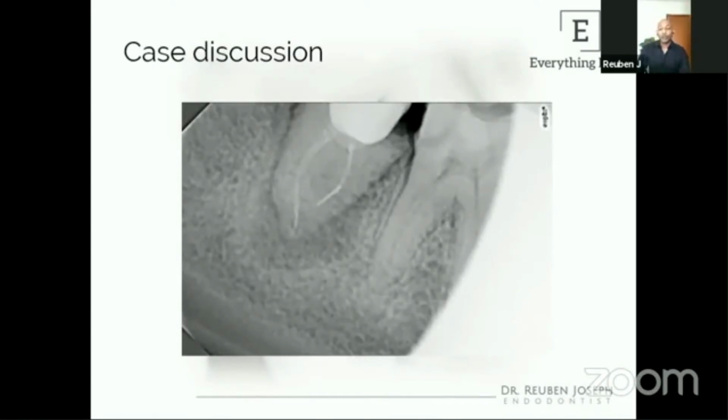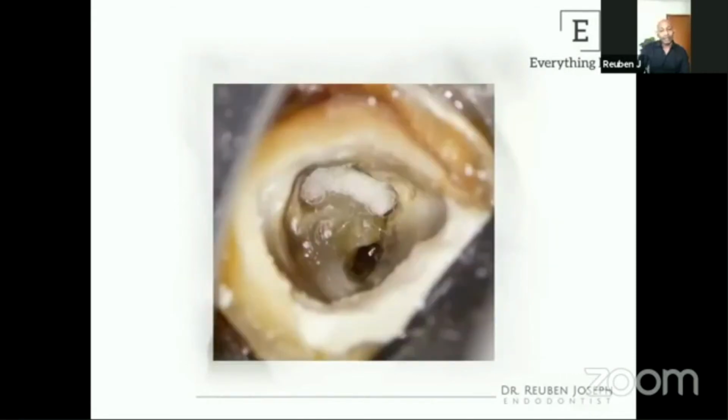And again, another case here. It was referred to me for retreatment. This had a huge periapical lesion and a file in the mesial canal. In this case, removing the file was never a challenge. I knew it's something I can manage quite comfortably. Also, what you need to know is I've blocked out the other orifices to make sure I don't drop the file into those canals. So the file was retrieved.